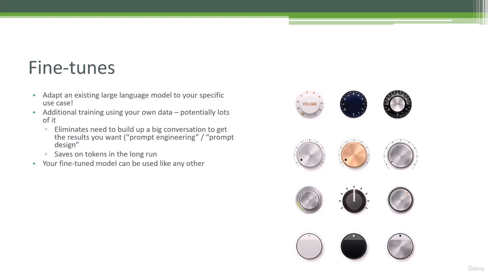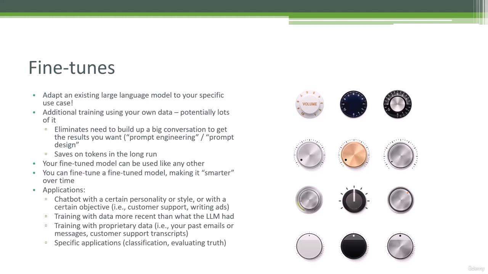Once you've fine-tuned your model, you can use it just like any other model. You just pass it as a new model when you specify which model to use to the other APIs. And furthermore, you can fine-tune a fine-tuned model. So I could even take GPT or whatever model I'm training and fine-tune that with recent data from, say, customer service conversations that my company had. And then as I get newer information, I can continue to fine-tune that with more information as it comes in, basically making my fine-tuned model smarter and smarter over time. It gets to learn over time instead of being frozen in the past when the larger model was trained.